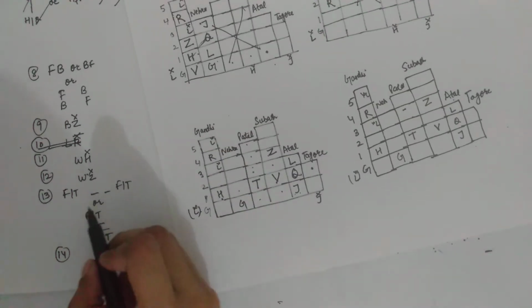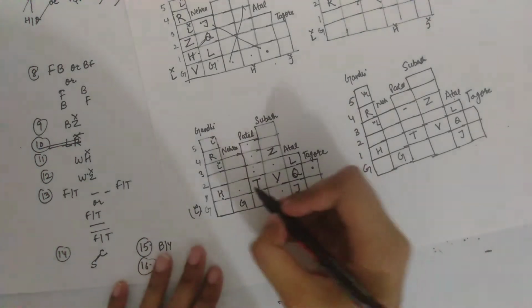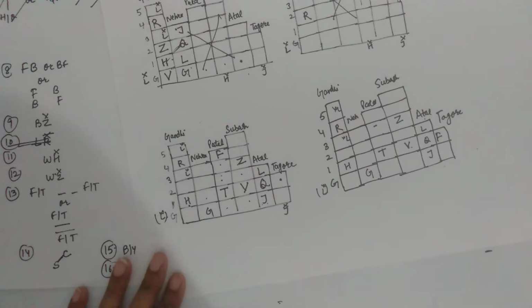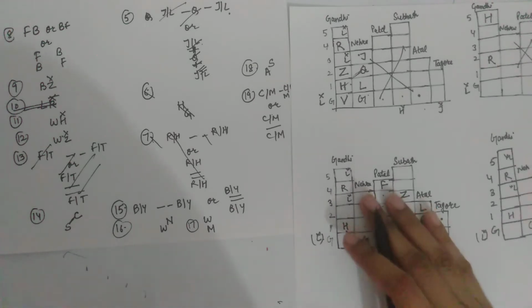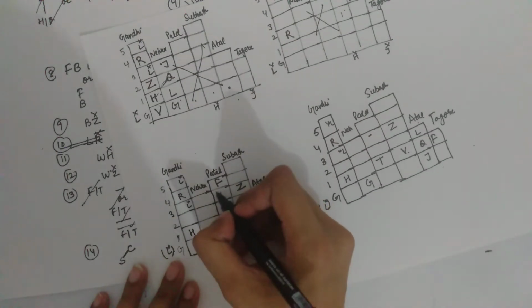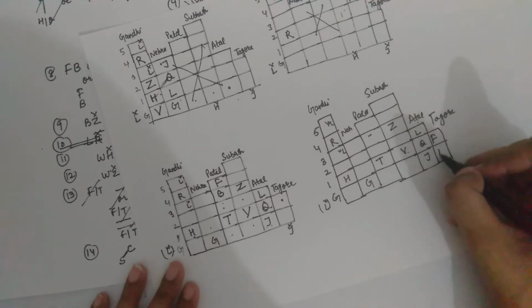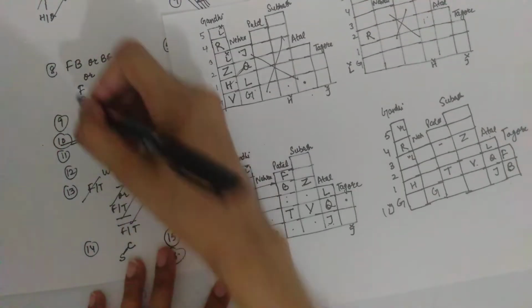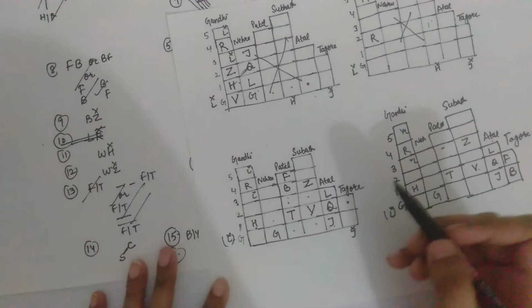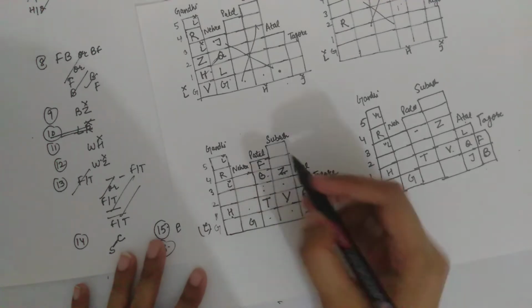Now F and T have 2 places between them. This is T, F can be placed here. This is T, F can be placed here also. So this condition is done. Now see what is related to F or T or anything else that we have already. Yes, F and B are neighbors to each other. Now if this is F, this will be B. This is F, this will be B. This is also done. Now B is not an immediate neighbor of Z. Here B is an immediate neighbor of Z. So this case will be rejected. This case will go.